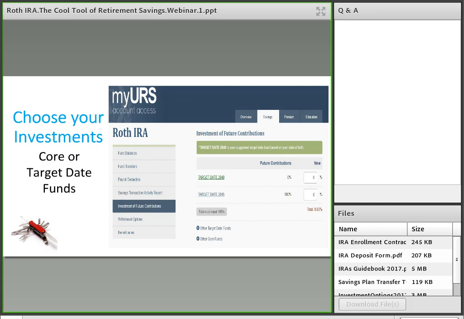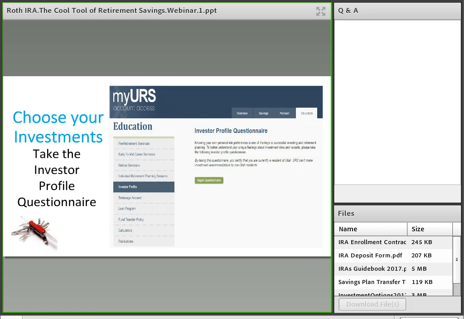To add those other funds down here at the bottom, you'll see the little plus signs. You can add other target date funds or other core funds, right? So another way, and the third method, which I feel is probably the most scientific method to choose the best